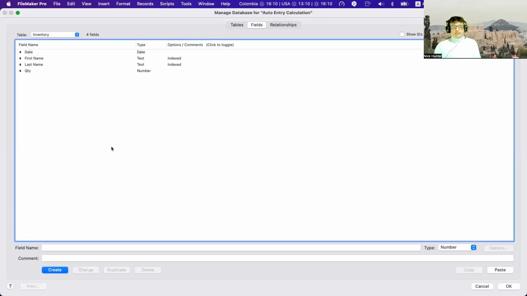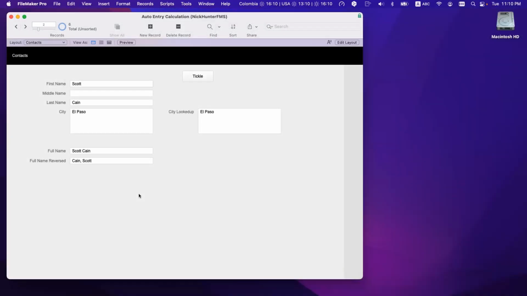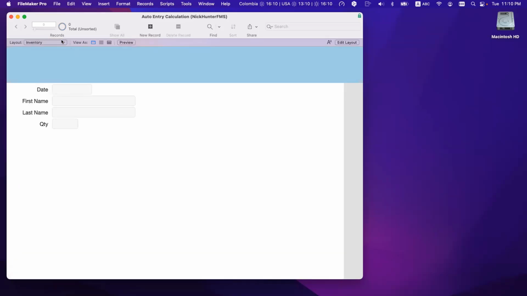So that's the inventory, okay? So let's say we have this, and I want to link this, right? So first name and last name, right? And that is linked to the inventory, right? So far, so good. So I have the inventory here, and I'm going to make inventory for, so today,